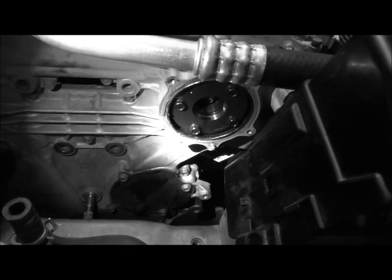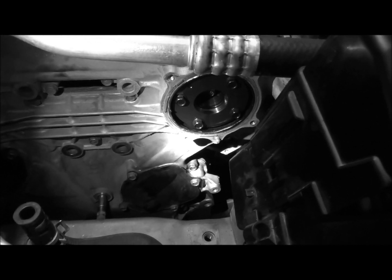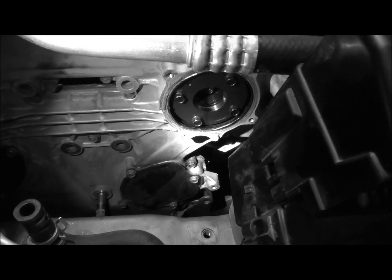Now I've already pulled off this IVT cover over here. You read the instructions, it gives you an actual tightening sequence, and I want you to do it in reverse order. It's basically a star pattern, and it tells you to pull it off evenly, and the reason for that is